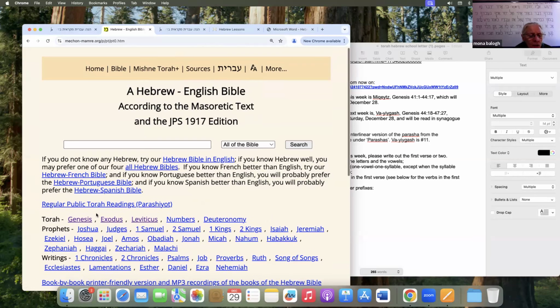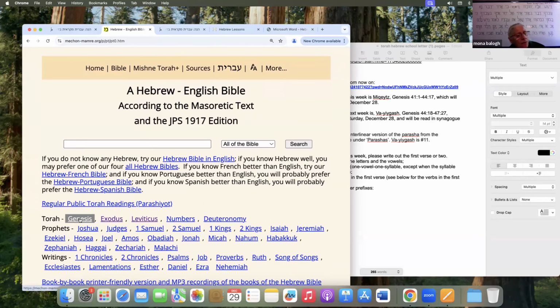So today's Parsha is, well, you can see it on the board here. It's Vayigash, Genesis 44:18 to 47:27. Let's go to Genesis, and we're going to go up here to chapter 44, right there, and we're going to go down to verse 18. Now, remember, in last week's Parsha, which was Miketz,